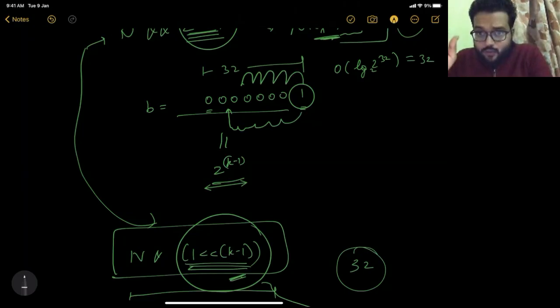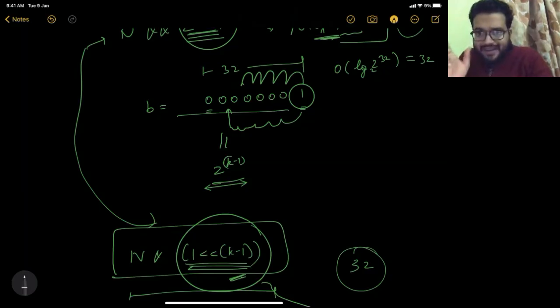That is constant time, I agree. But it will take some operations of the order of 32 or 64, depending on how you are storing a number. Now I am saying if your numbers were fitted in a 32 sized bit array, that means the maximum number that you could have stored would have been 2 power 32. Correct. I am saying even for that maximum number, if you were doing this